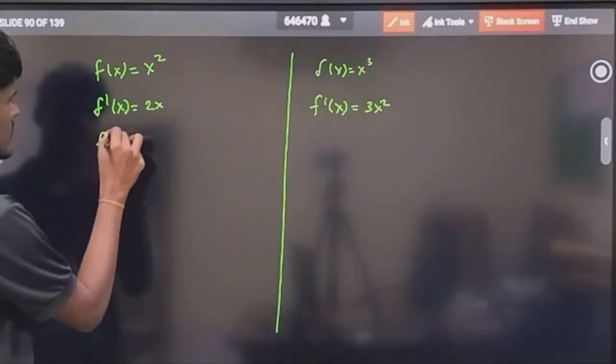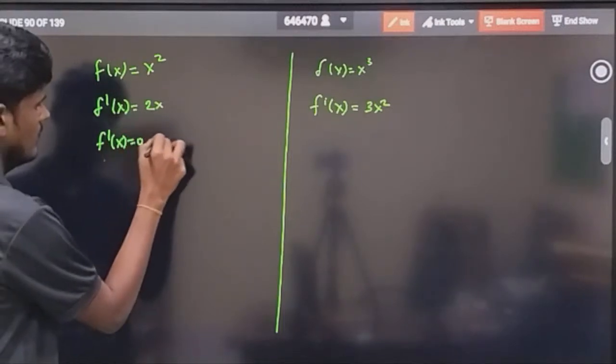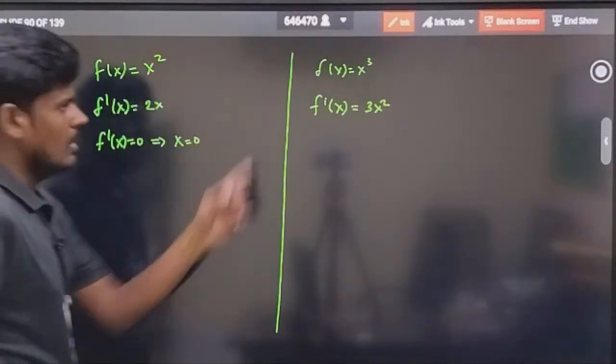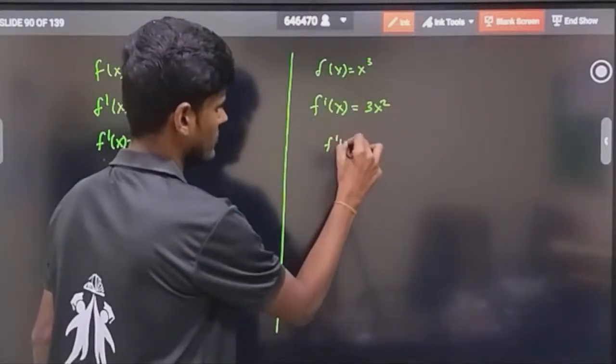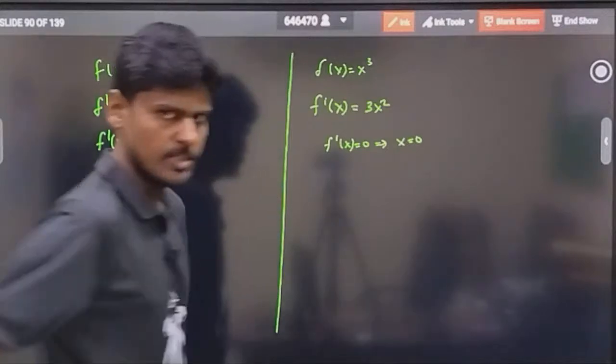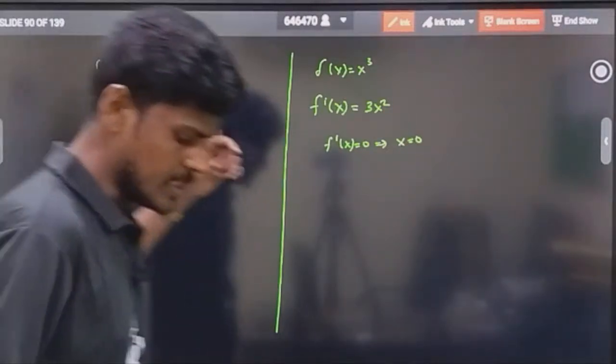F dash of x equal to 0 implies x will be 0. Again here, f dash of x equal to 0 implies x will again be 0. That means by the definition,